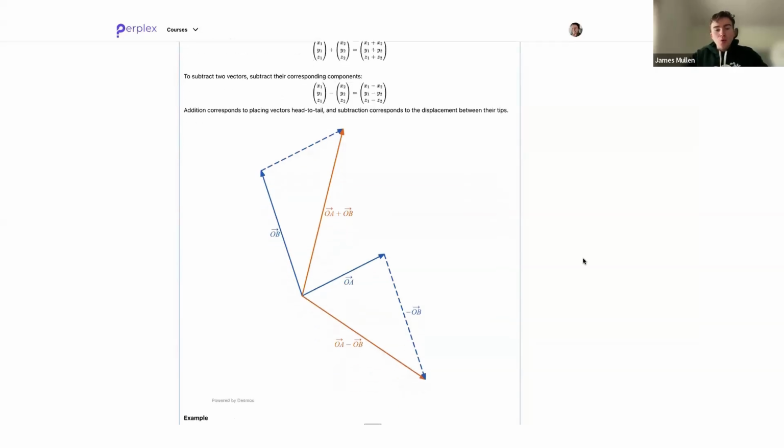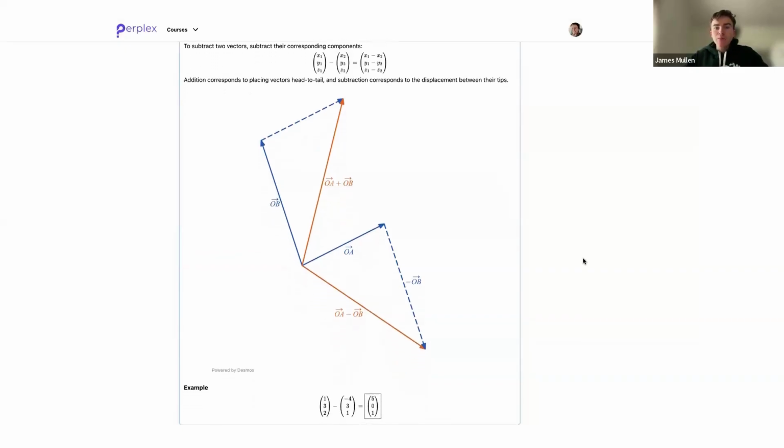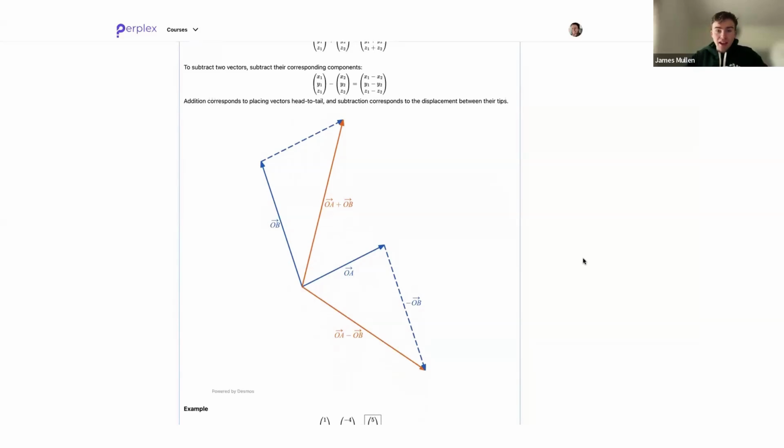Now, when you add vectors together on the plane, when you think about diagrams, it corresponds to placing the arrows for each of the vectors head to tail, sorry, and adding them up. So for example, if I have this vector OB and OA, then for the vector OA plus OB, I go OB, and then I add again the arrow OA from the head of OB,